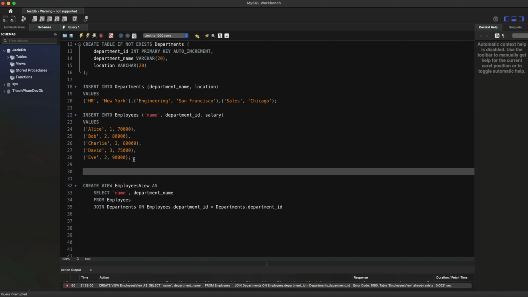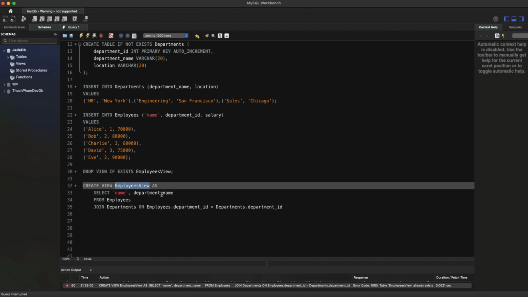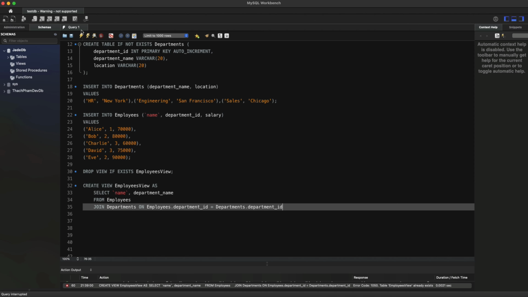learn about the drop view statement. Drop view if exists employee view, and then you can create the view with the name employee view like this, and click run. Okay, after it is successful, you can